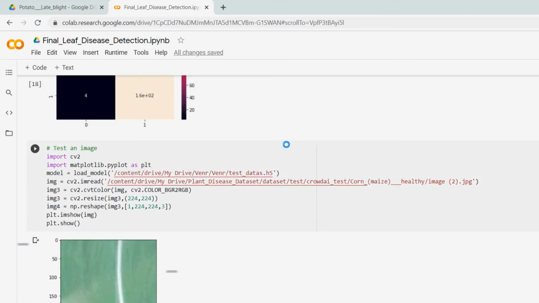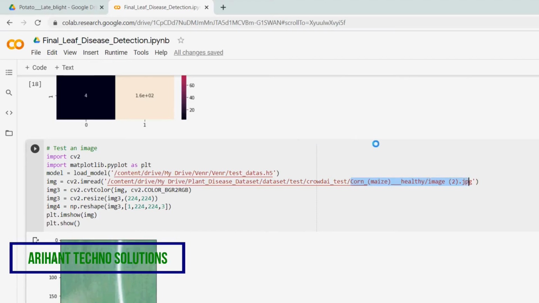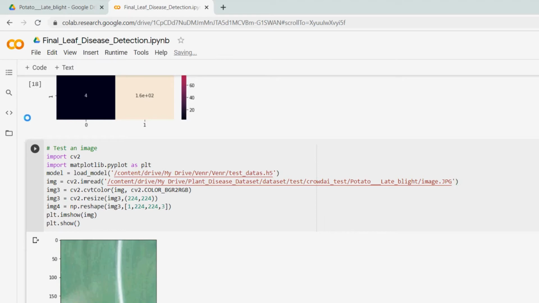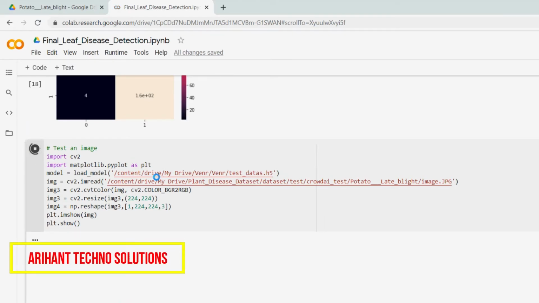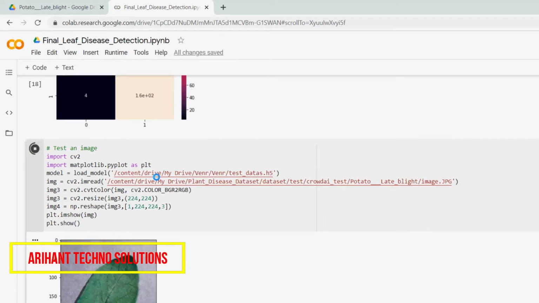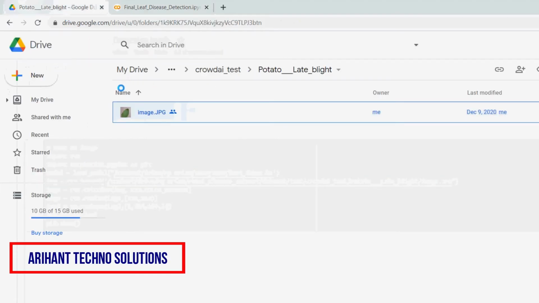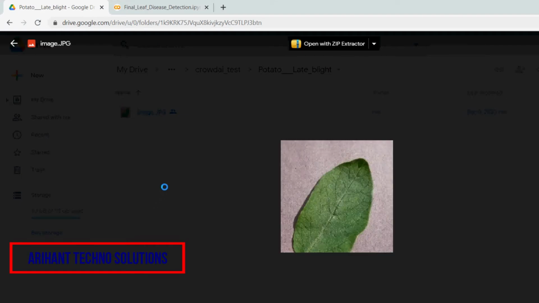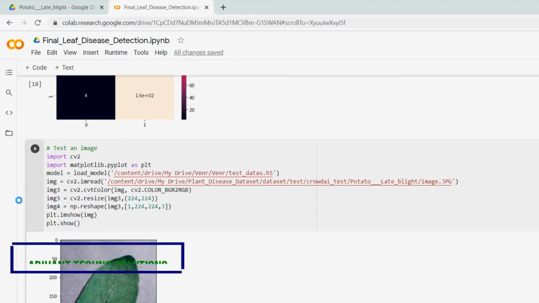Instead of this corn maize healthy, just use this another image over here. Now execute this. Please understand, this is testing, not training. So this is the image. We already tested and created a model for that.